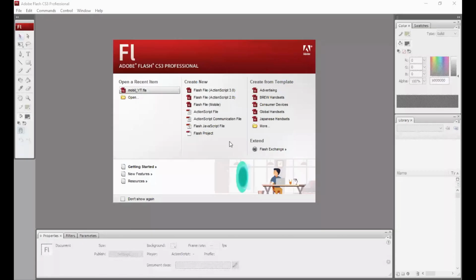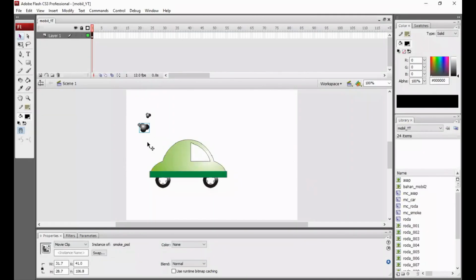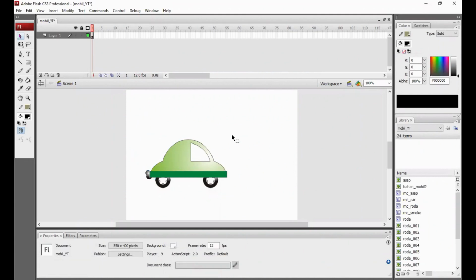Okay, now I will share the Flash application. Yeah, okay, open. Okay, that's it. We know the width of back of city is 2400 pixels, but now on stage we have a size of 550 pixels by 400 pixels.